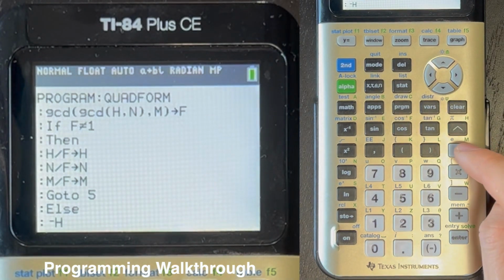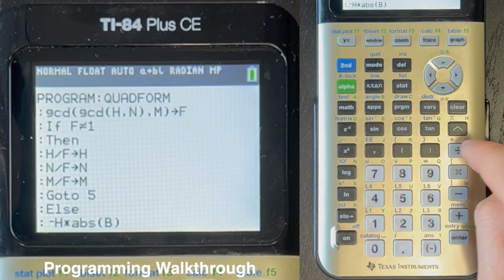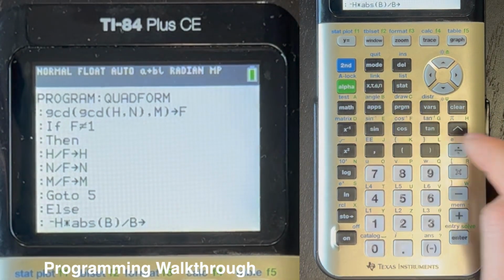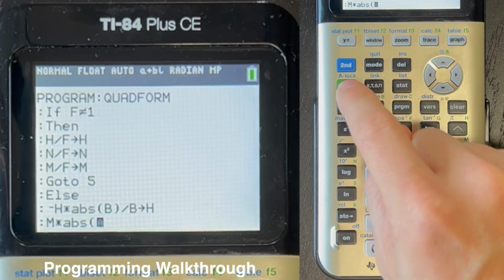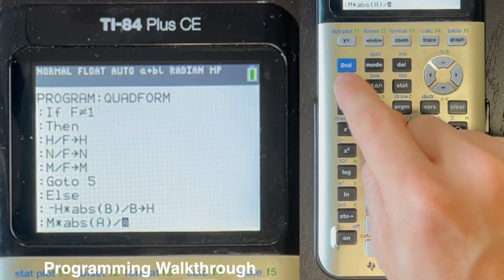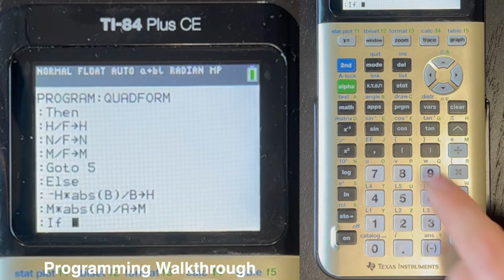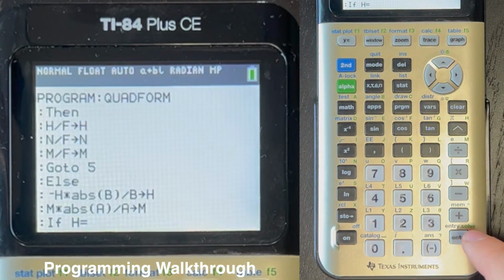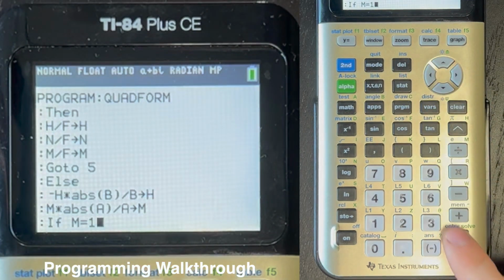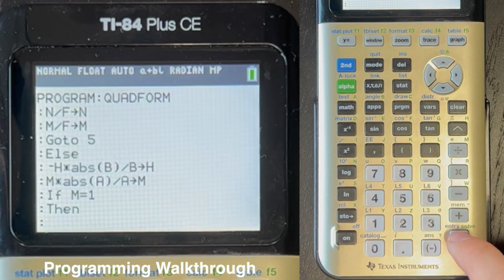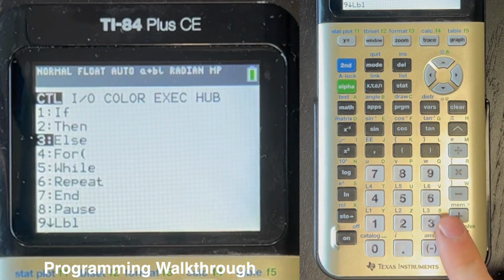negative H times the absolute value of alpha B divided by B, store that as H, enter, and then alpha M times the absolute value of alpha A divided by alpha A, store that as M, enter program if alpha M equals 1, oops, that says H, this should say M, if M equals 1, enter program, then enter program 0 for go to, and then 9, program else, enter